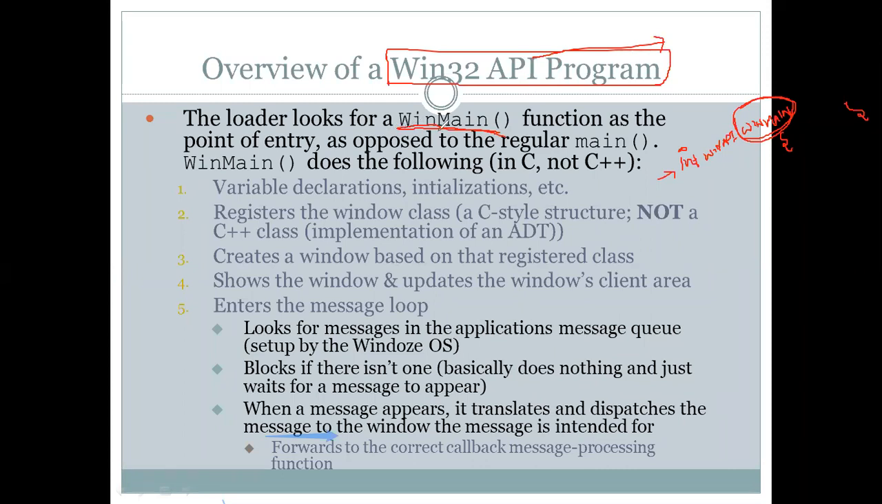What happens as soon as you execute, the loader looks for